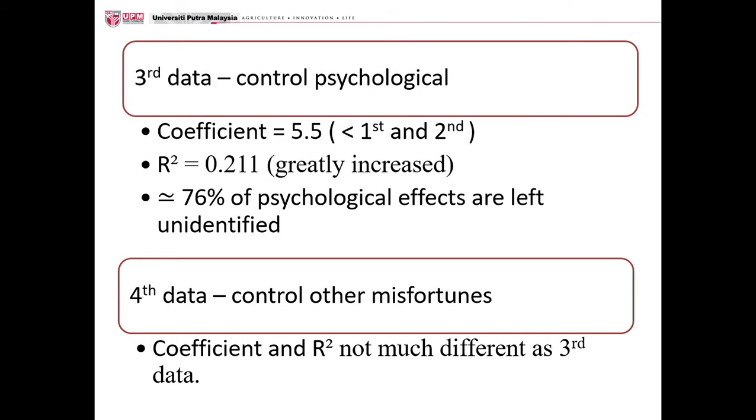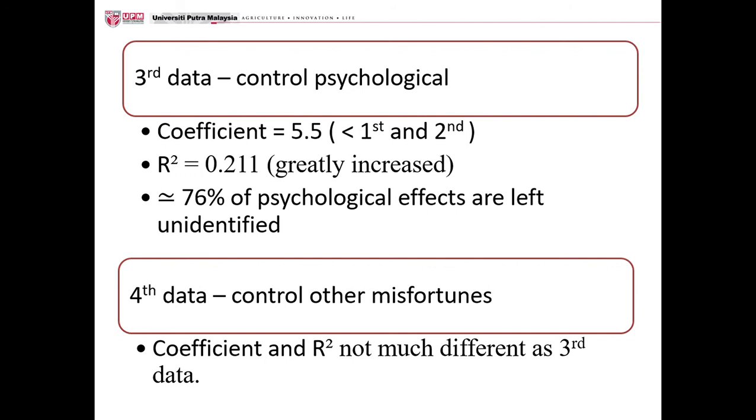So in the third data, we also control the psychological factors. Surprisingly, the coefficient value is 5.5, which is much smaller than the first and the second data, and the R square is equal to 0.211, which is greatly increased compared to the previous data. But 76% of the psychological effects are left unidentified. So we can say that this psychological variable is also unable to explain the support for redistribution,